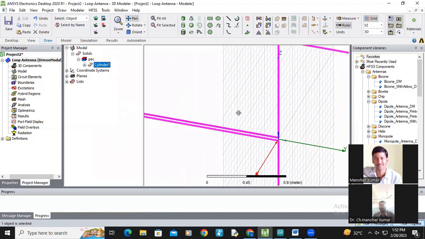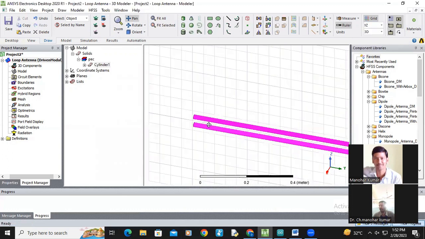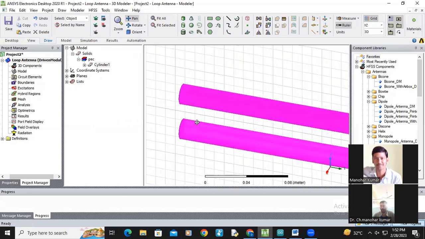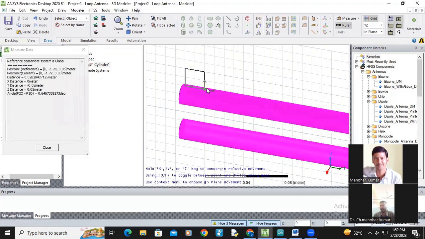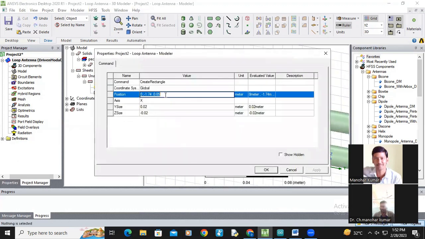Now you have to give the excitation here. So here I am giving the excitation in the YZ plane, because here I have to give. Okay. So I am taking a sheet. Okay. And coming to the dimensions of this sheet, 0, minus 1.743,